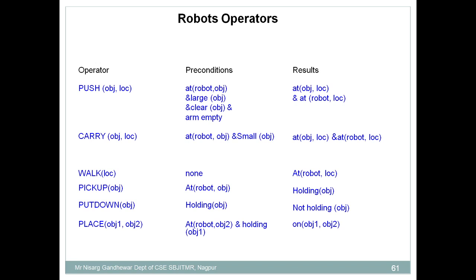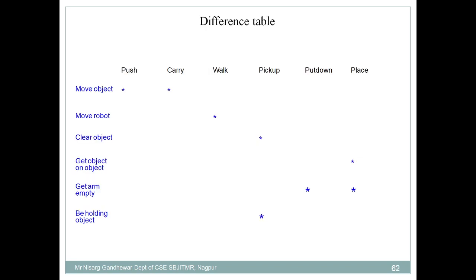Because the robot works based on instructions. The instruction is set, and according to the instruction you give, your robot behaves. Now let's take a table to understand this. Here we need to perform operations. Suppose the operation is move object, so what kind of operator is required? Suppose I need to move a cupboard from one location to another, in that case I can apply two operators, either the push operator or the carry operator.